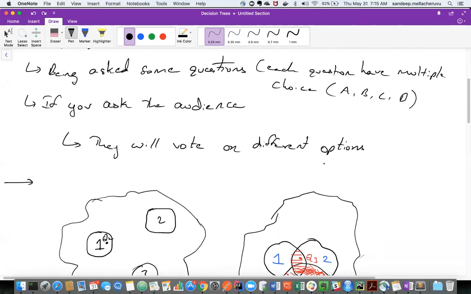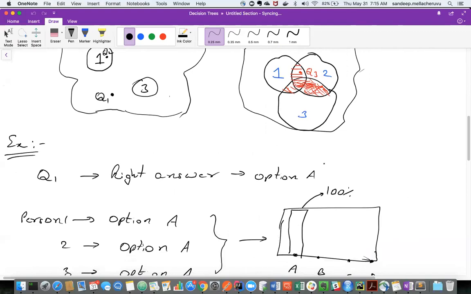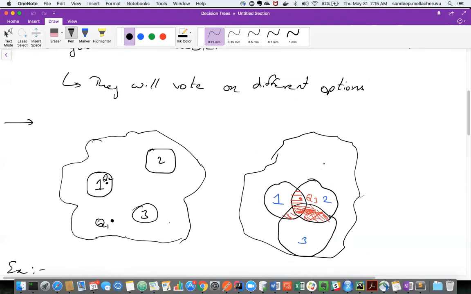So, any questions on this? First you need to understand why this is working. Then we'll go back to the tree based models. How would we use random forest in tree based models? Okay, I hope this is clear for you. Anyway, keep thinking about this